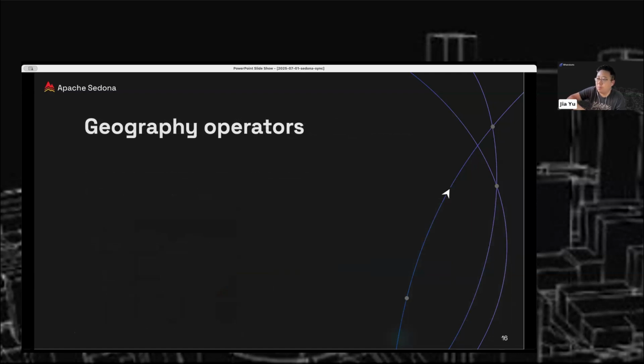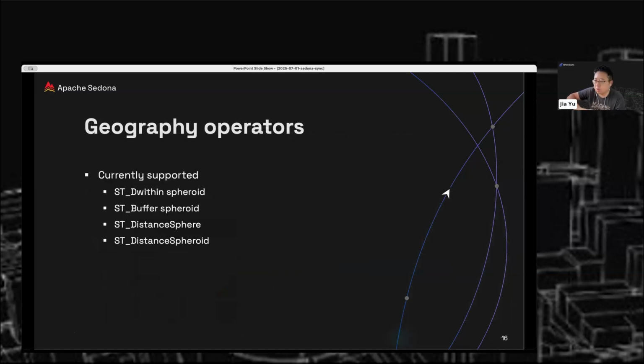We have made a couple of attempts in the past in Sedona to mitigate the geography issues. That's why we currently support several critical geography operators. They are not comprehensive, but they solve the most critical use cases on top of the geometry data type. That includes ST_DWithin with spheroid parameters, ST_Buffer, ST_DistanceSphere, and ST_DistanceSpheroid. All these functions should help you with distance calculation for a spherical shape. But